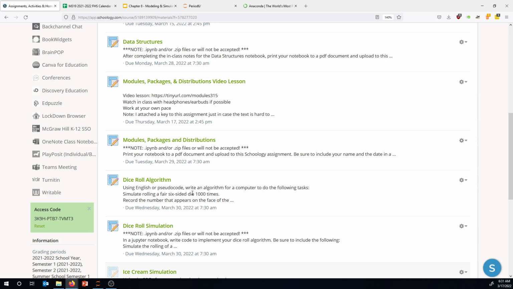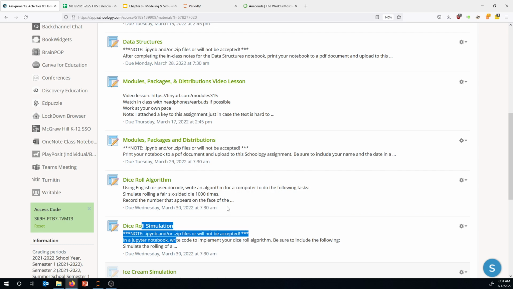So theoretically, these are both assignments that you should be able to complete just using the stuff we learned in our first couple notebooks: Python basics, data structures, modules, packages, and distributions. Particularly data structures is going to be very helpful for these two notebooks. However, I'll structure the video such that if you don't want a lot of help and you kind of get the idea, you could pause the video and go ahead and do this algorithm and the simulation on your own. And then if you get stuck or you want a little bit more guidance, you could go back to the video and press play,